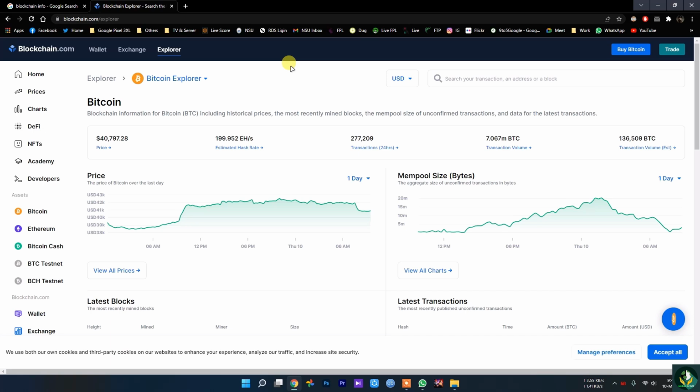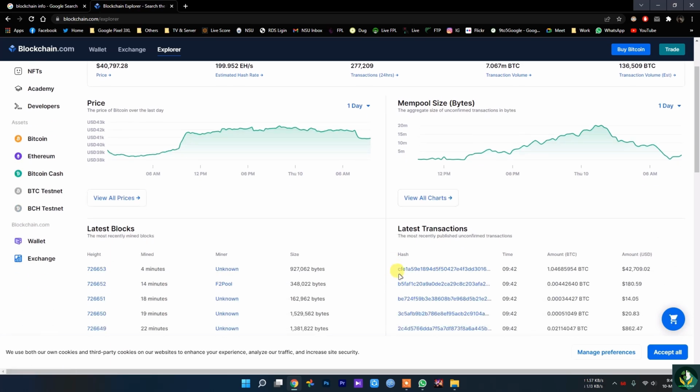Let me explain this using a website. The website I am using here is blockchain.com, and it shows you the transactions per day, in the last day, and the current transactions. It shows the number of Bitcoin transactions in the last 24 hours and gives you a few statistics charts about what is going on with Bitcoin.